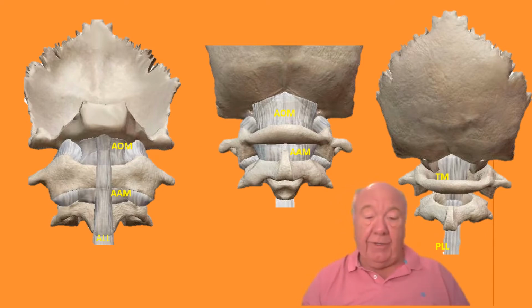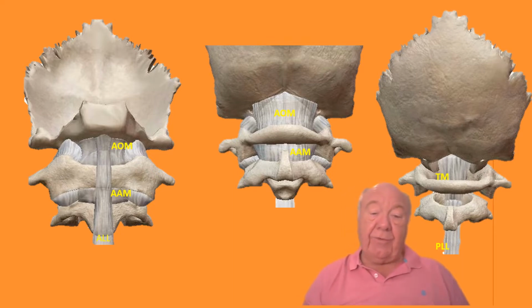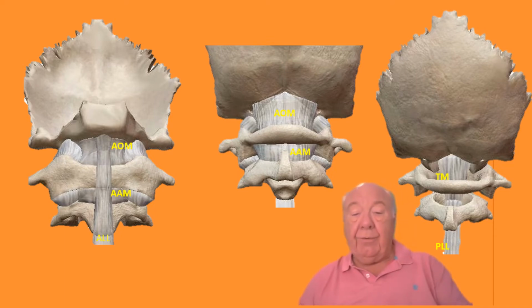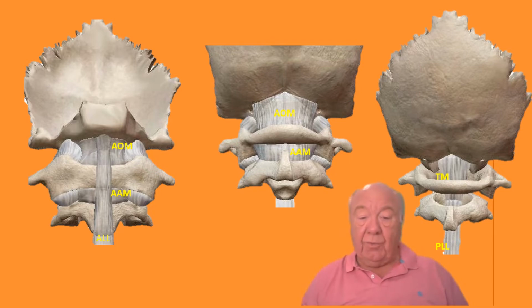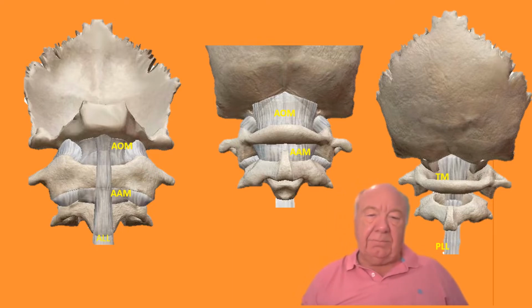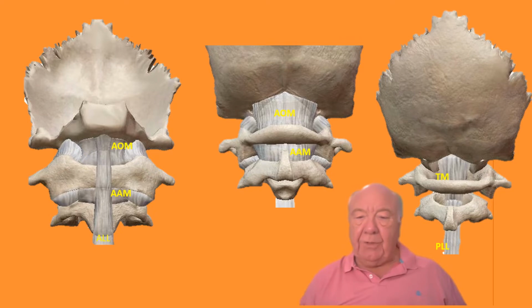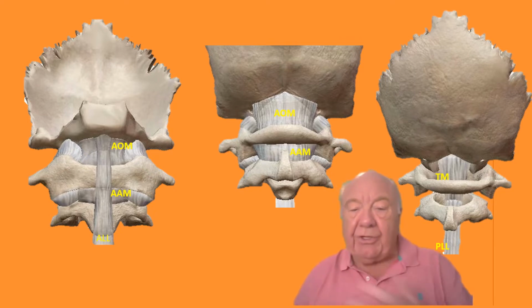Looking at the anterior view on the left, there's the anterior long ligament, the anterior atlanto-occipital membrane, and the anterior atlanto-axial membrane, and then of course the joint capsules. This is pretty much it from the front, but it's fairly substantial. Now the superficial look at the posterior membranes,